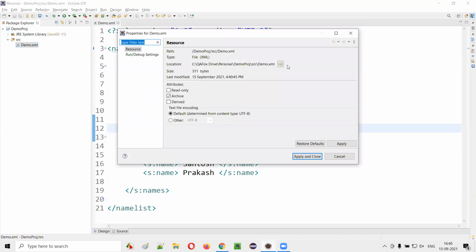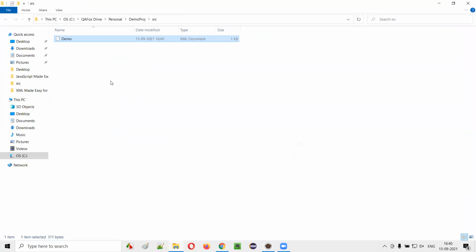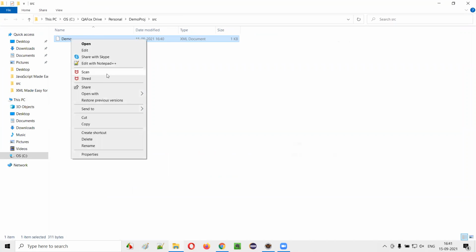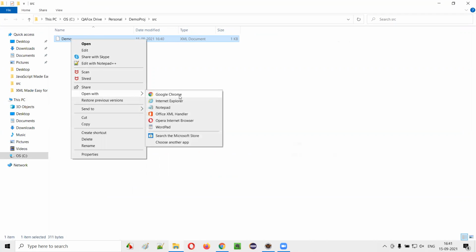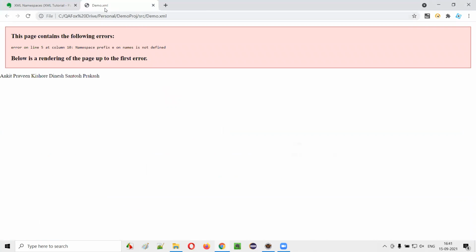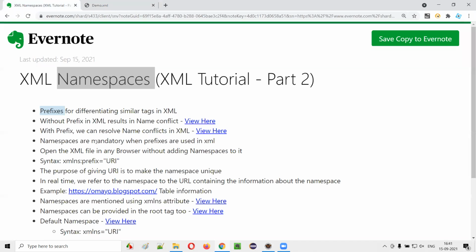Right click here, select Properties, and go to the location on my computer where this demo.xml file is available. Right click on the XML file and select open with any browser, say Google Chrome. You see, we immediately got an error. This page contains the following error: error on line 5 at column 10, namespace prefix e on nameList is not defined. That means, to resolve the name conflicts,